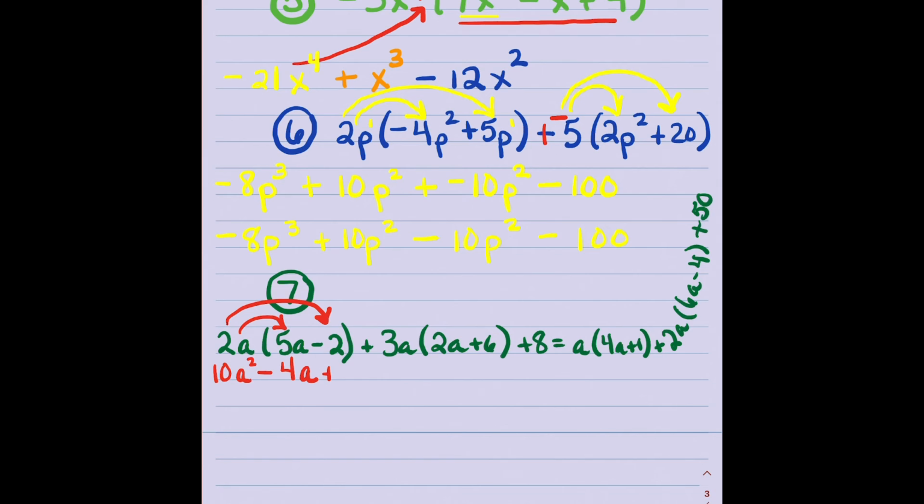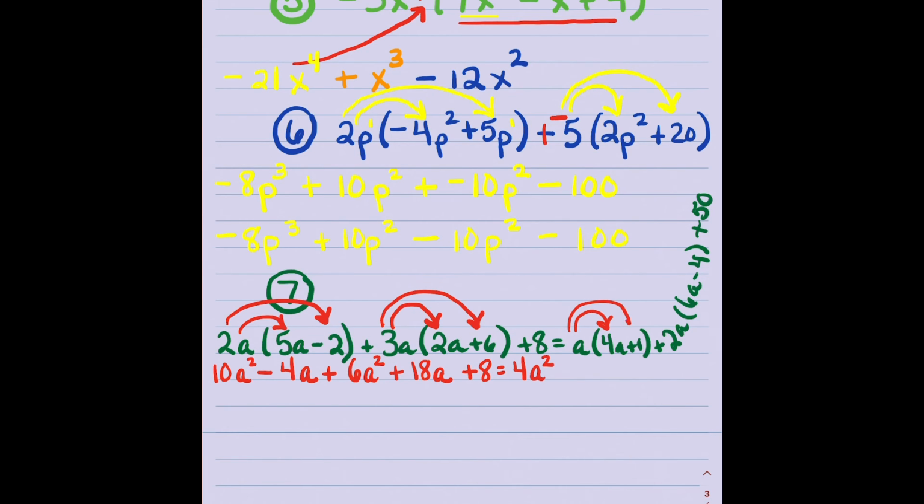And then we have plus 3a times 2a is 6a squared. 3a times 6 is plus 18a, and then we'll just keep the plus 8 equals,